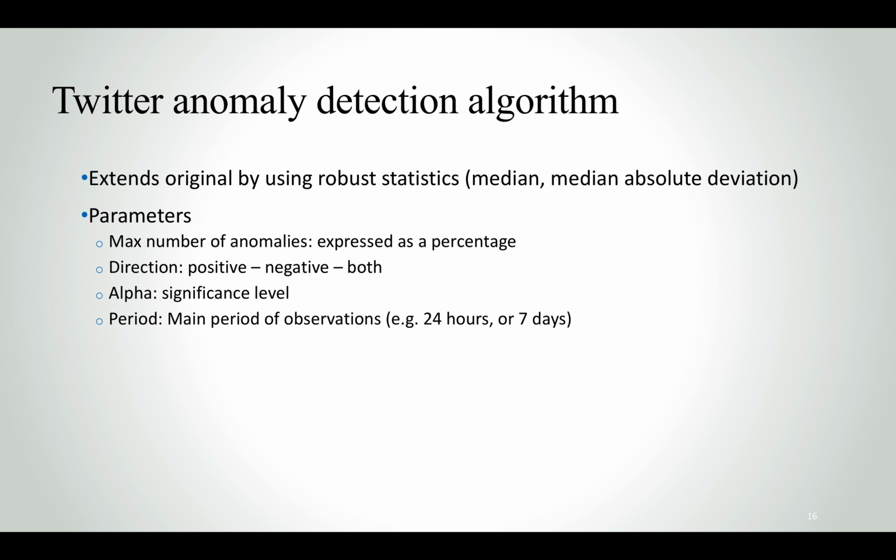You can set a few different parameters, such as the max number of anomalies. You can look for anomalies in both directions, positive or negative, and you can also choose the significance level and also the period of